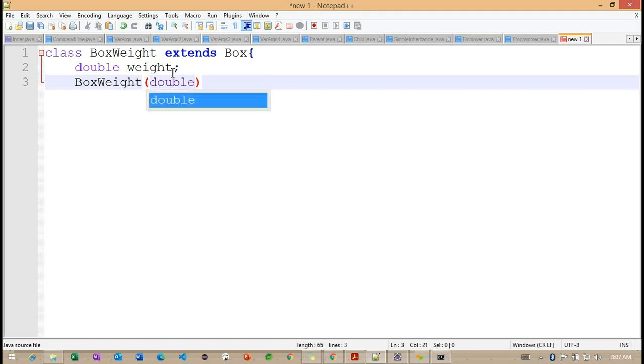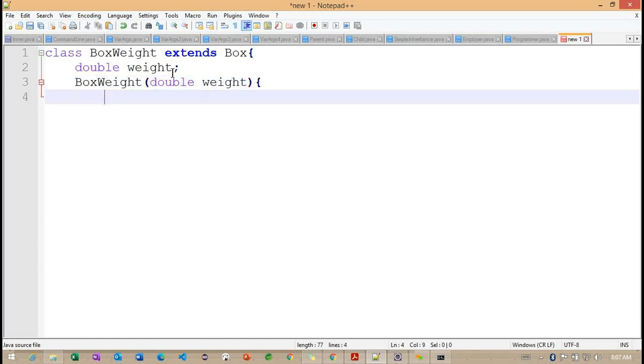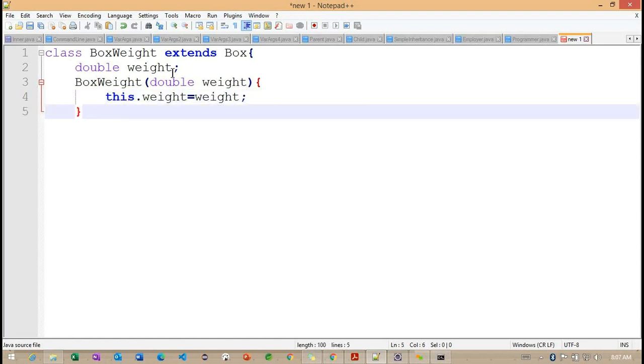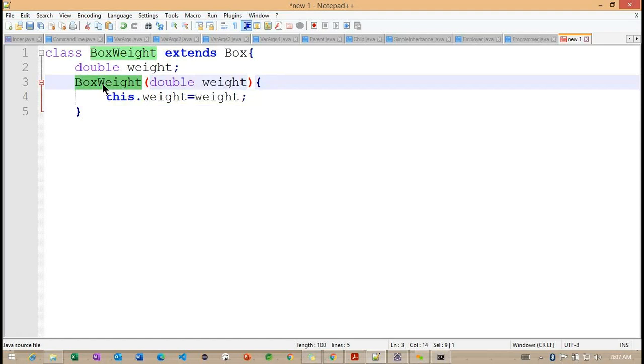So can I use it like this? If I'm going to define this particular box weight constructor here,